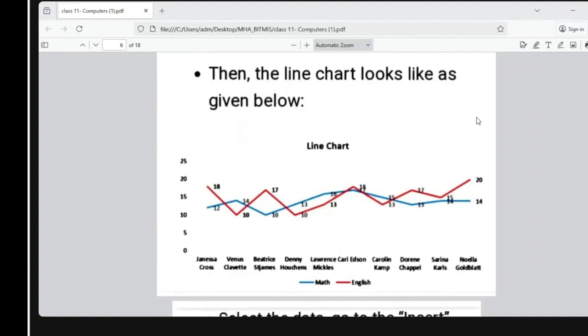Blue line for the maths marks and red line for the English marks. Same x-axis denotes the students list and y-axis denotes the marks range. It will automatically arrange a range for the marks.